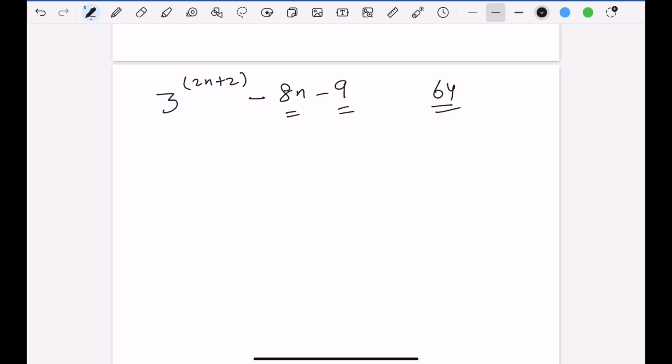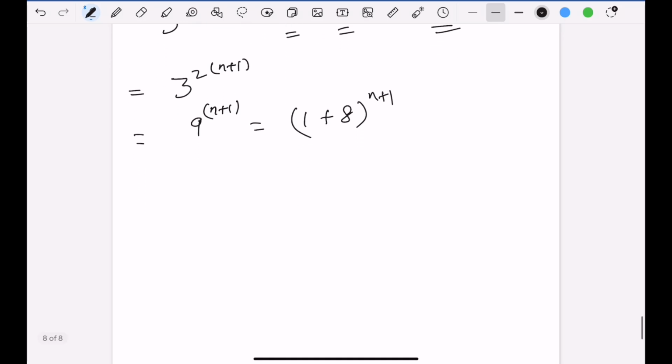So this 3 to the power 2n plus 2 can be written as 3 to the power 2 into n plus 1. We take only the first term. This can be written as 9 to the power n plus 1, which can be written as 1 plus 8 to the power n plus 1. Now using the binomial theorem, we can expand 1 plus 8 to the power n plus 1, which will be 1 plus